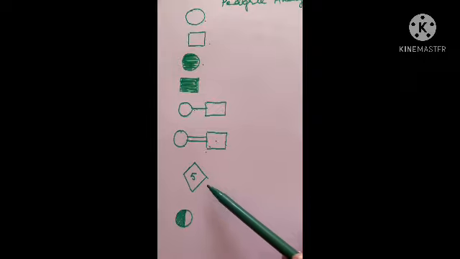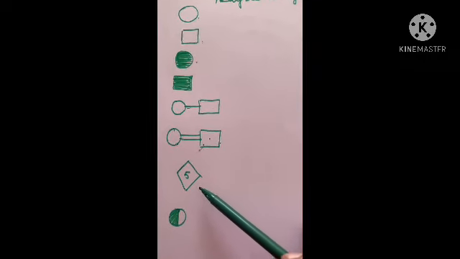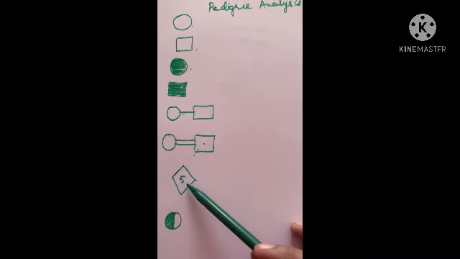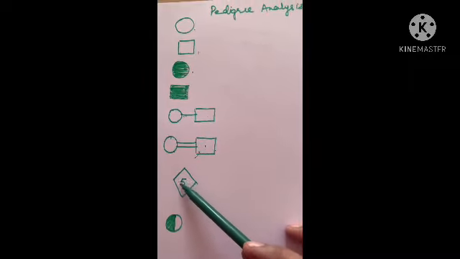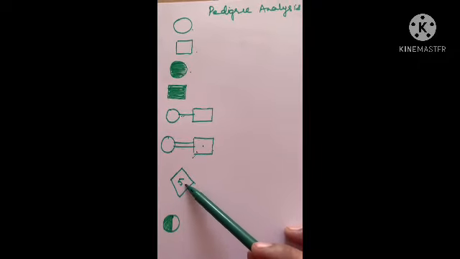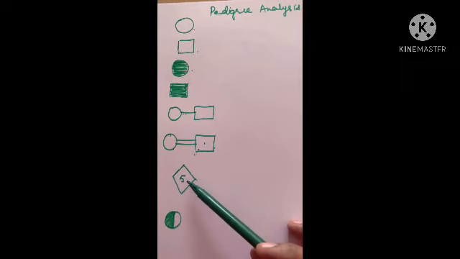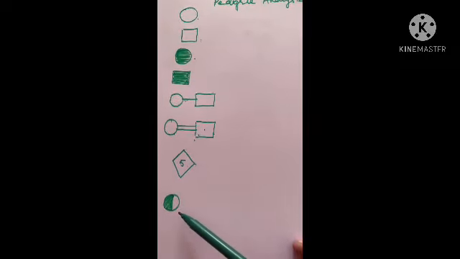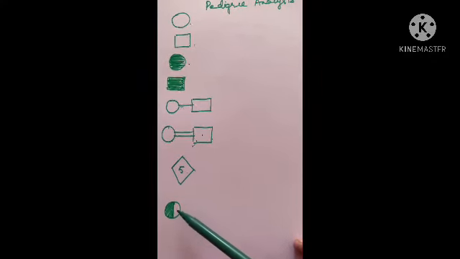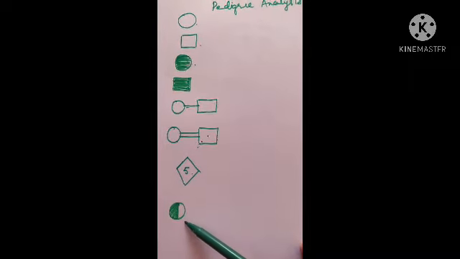When a family tree is made, or pedigree analysis is done, if we are studying someone whose number of progenies is known but we are not sure how many were male and how many were female, then this symbol will be used. If we know that 5 kids were there but are not sure how many were male and how many female, we can write that number in this symbol. If the individual is a carrier, half the portion will be shaded and half unshaded. This is a carrier female.